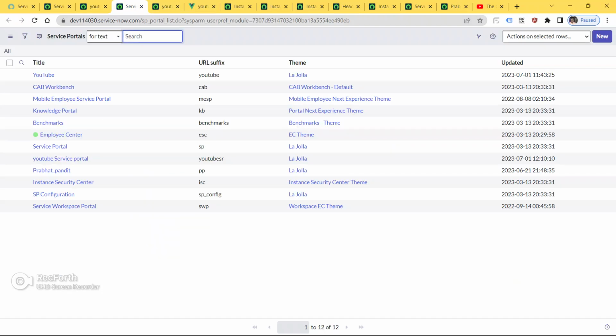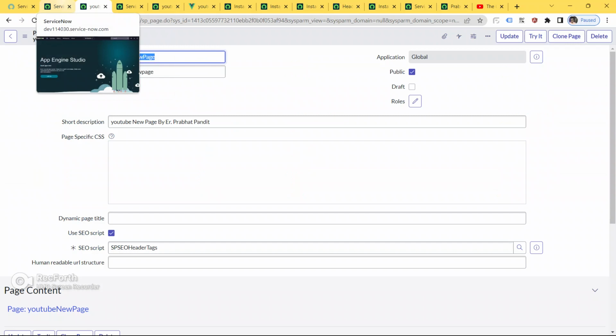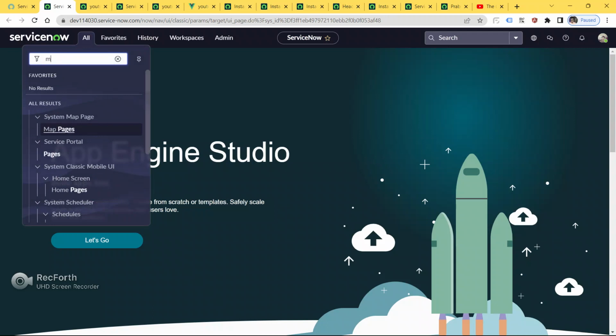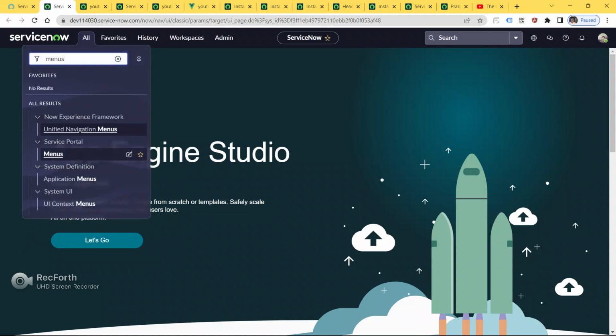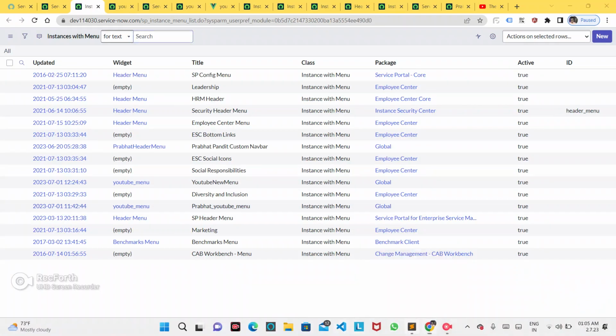Here also. So now go to the menus, click the menus.